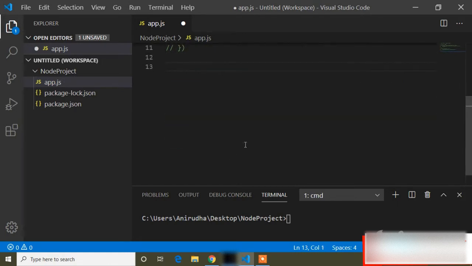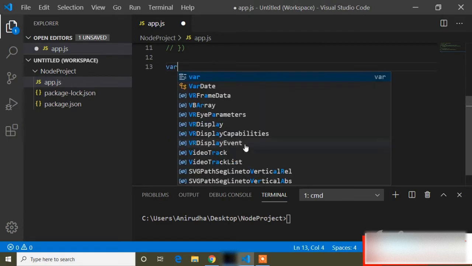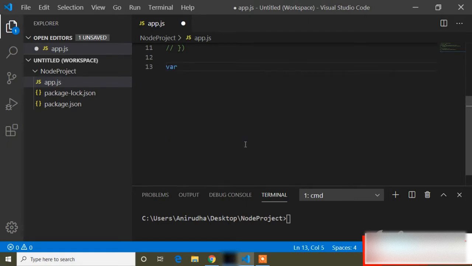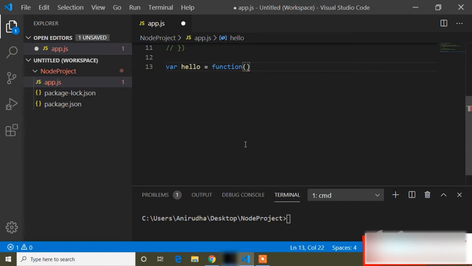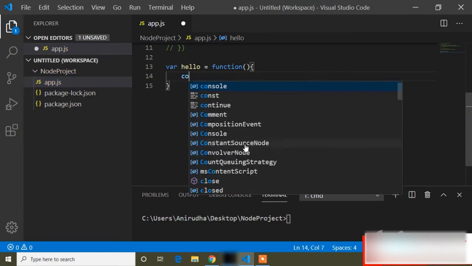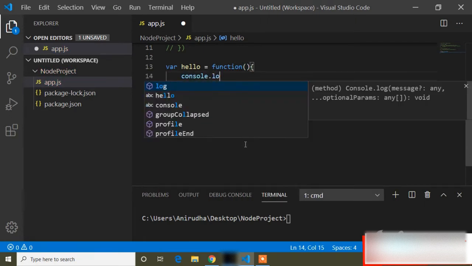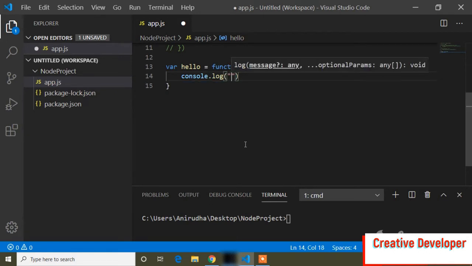So what is an anonymous function? A function which has no name, that's why it's called an anonymous function. Here I will write a variable, var hello, and inside this variable I will write a function with parentheses and curly braces, and here I will print a message: console.log hello.